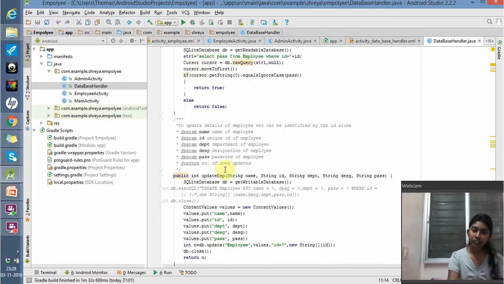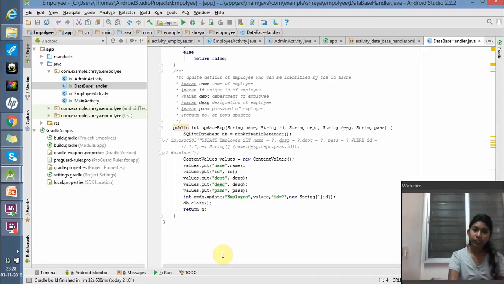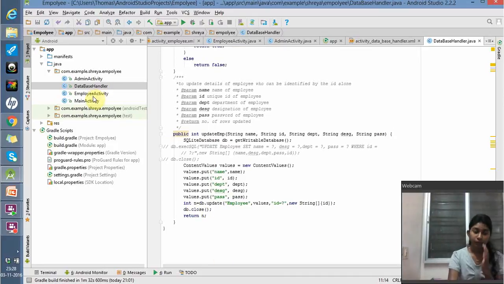And then the update employee, there's further button known as update, which uses these particular attributes such as name, ID, department, designation and pass, and then we get it in a writable mode. And then we take all the values such as name, ID, department, designation and pass, and we further update what we need to update. If any particular column needs to be updated, so we give that information in this new string ID, and then closes and returns that particular updated value as n, as it's stored in n. So we return that particular value. That's all the part for the